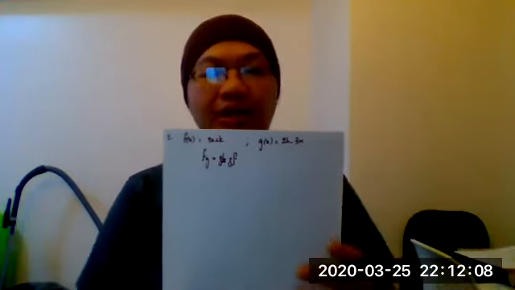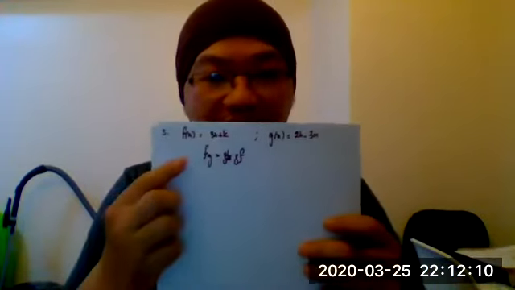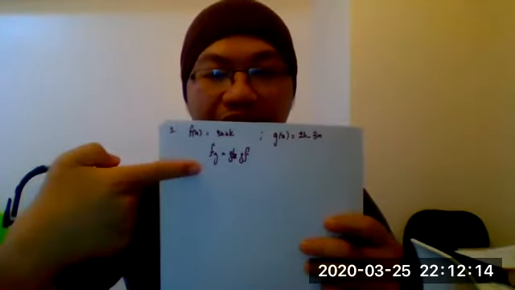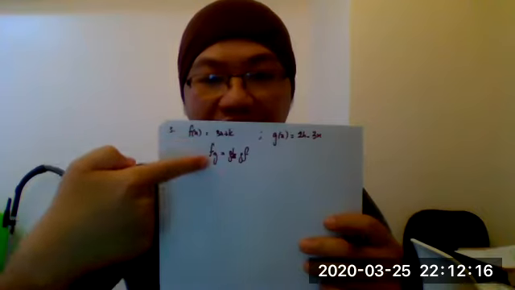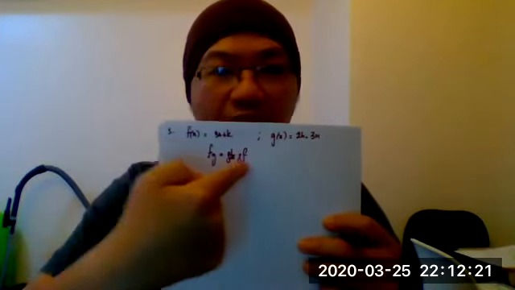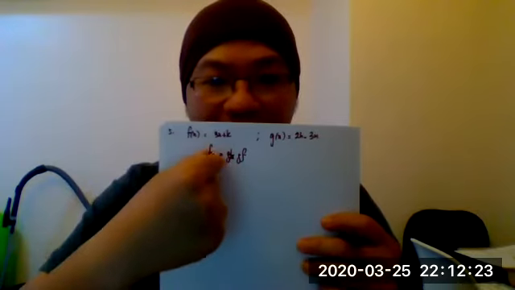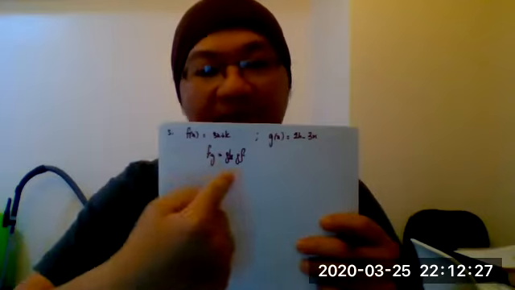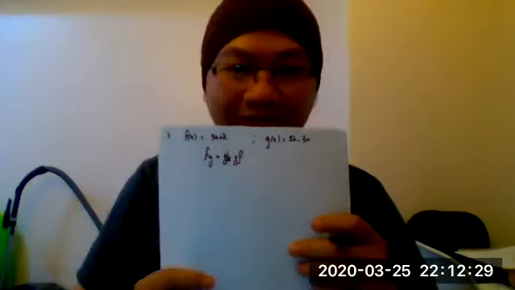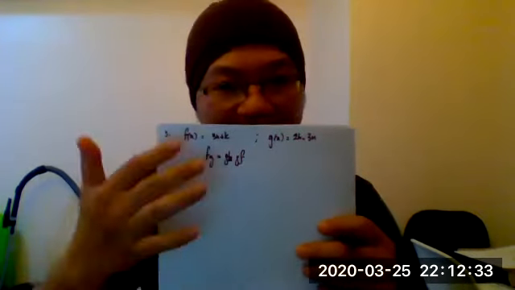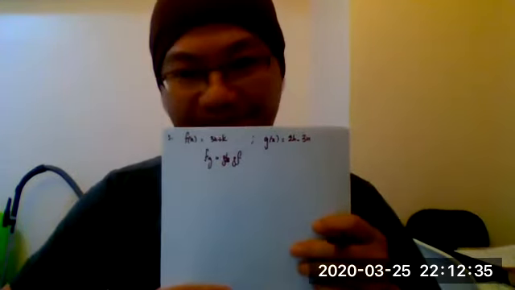We need to compare. So now, the function given is f(x), g(x) is also given, and the information given here is fg equals gf. Both of them are composite functions. You must find each of the composites first. Find fg and then find gf. Now try. How do you compose fg, how do you compose gf? Find that value first. 1 minute.